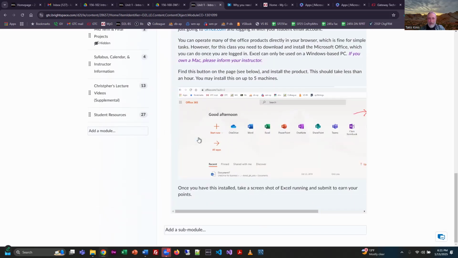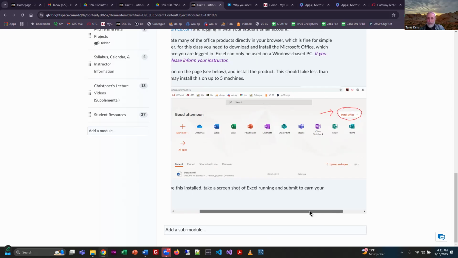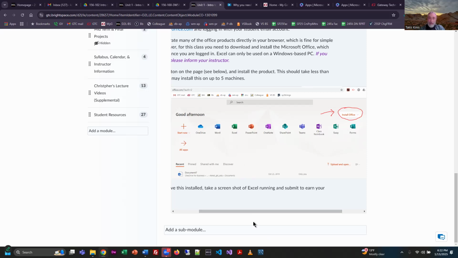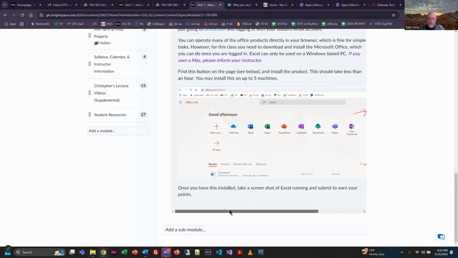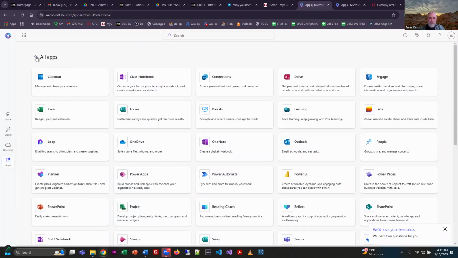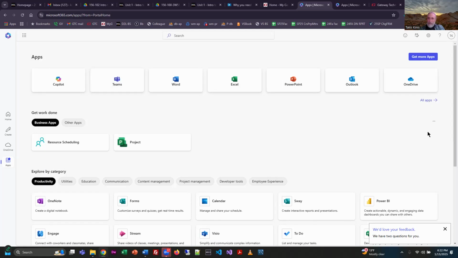It's probably at the bottom of Unit 1, right? Okay, so of course they change the interface every time you go in here, right? So it should be right there. Okay, let's see if we can find it. I see an install and more